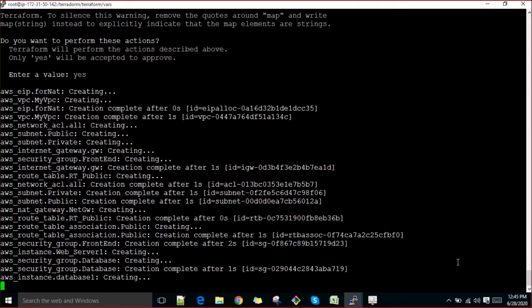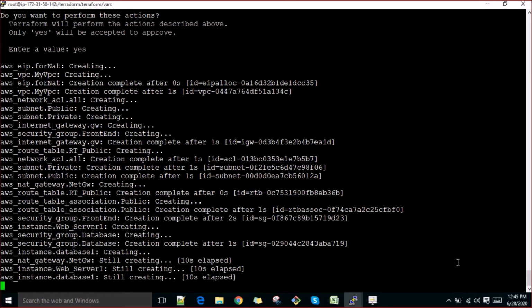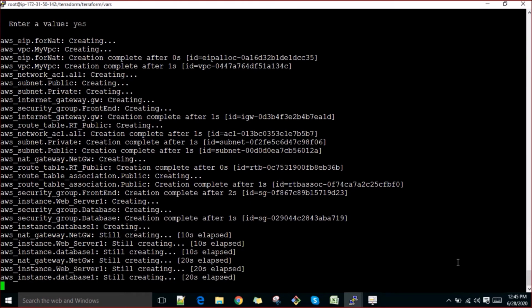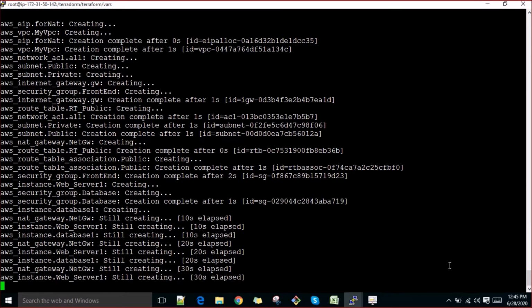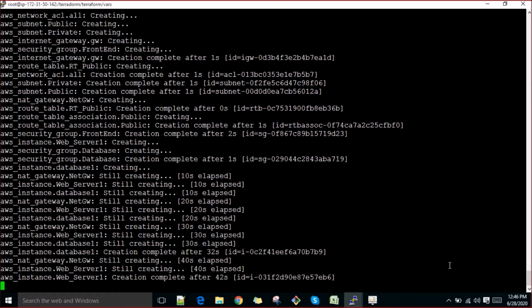Even next time if you want to create the same kind of configuration in another place, just go to the variable file, change those variables, run that script there, and you're all done. That's why the linting is very necessary. So this might be asked: how you do the linting, why it is necessary. You need to understand the linting stuff also when we are working in automation. You see how quickly the things are being created.